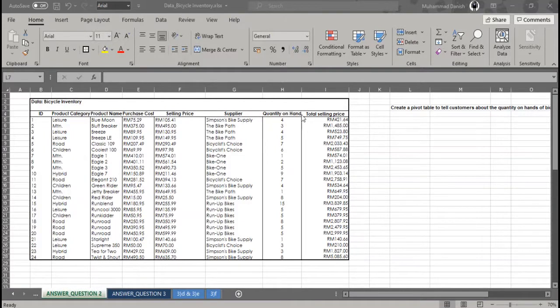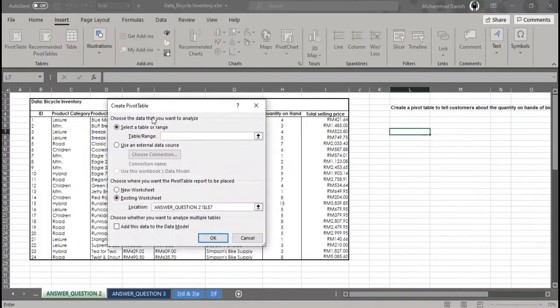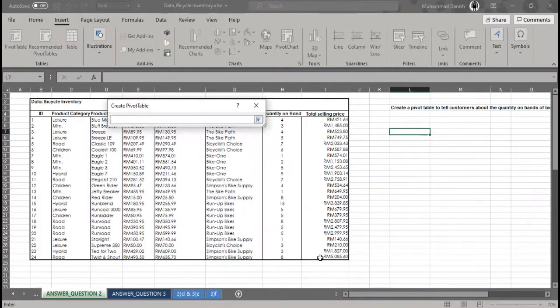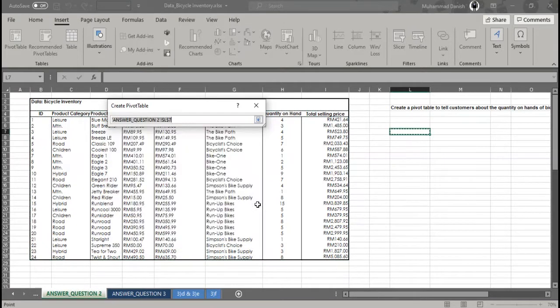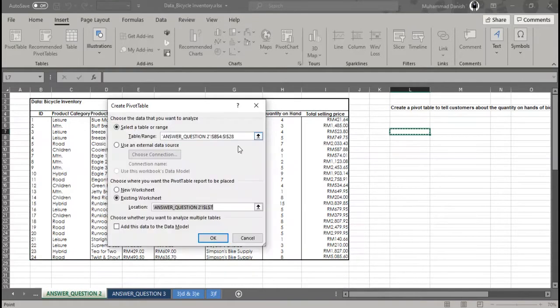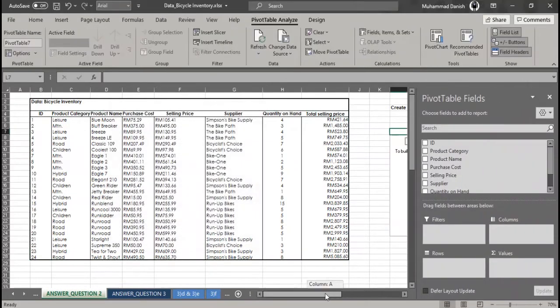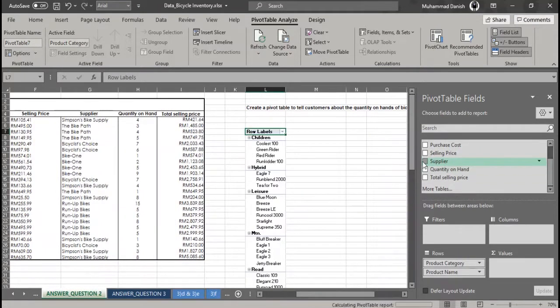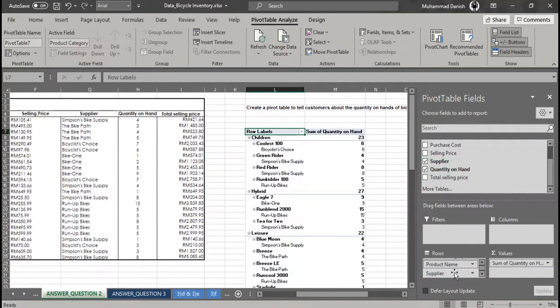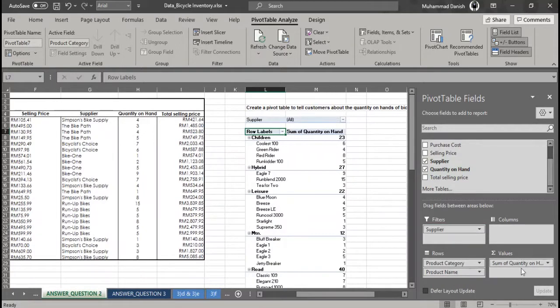Next, I will show to you on how to answer question 2. First, you click insert, click pivot table, select the data range you want to make a table, press enter, and use an existing worksheet and click on any cell available, press enter, then press OK. We tick the product category, product name, supplier and quantity on hand, move the supplier to the filter, and that's